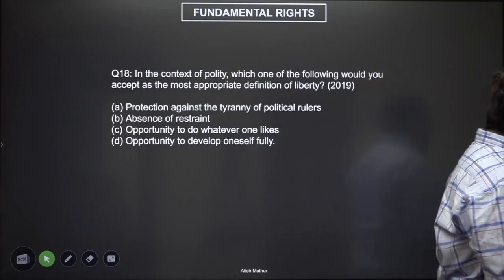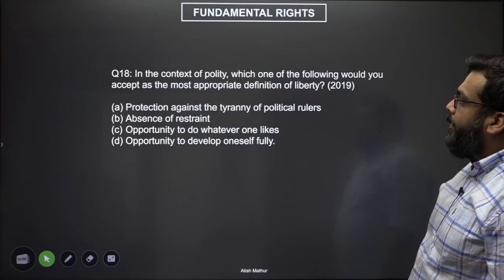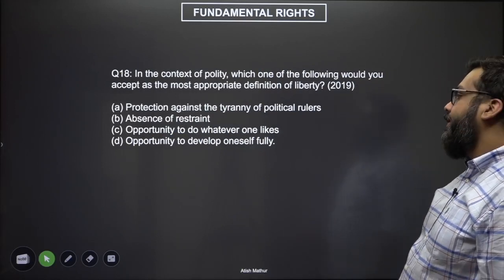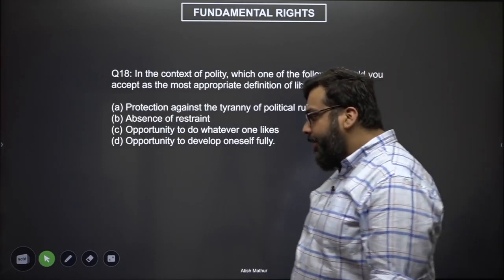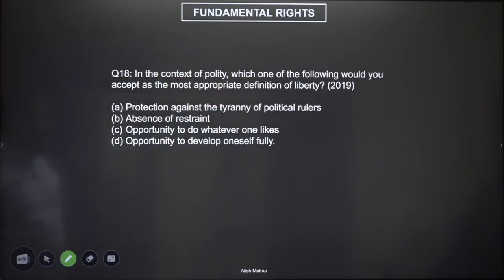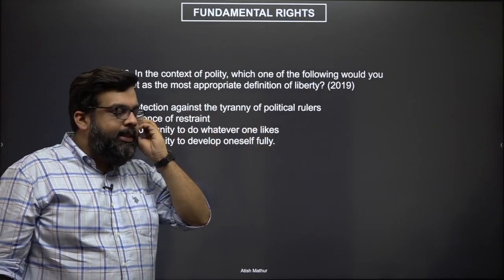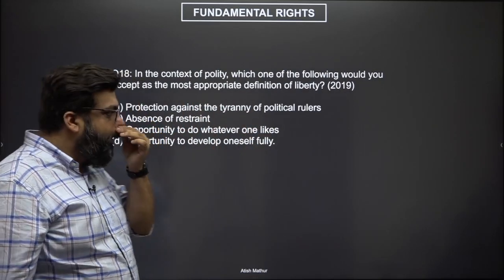question. The next question. In the context of polity, which one of the following would you accept as the most appropriate definition of liberty? Right? We have to apply the devil's advocate theory, otherwise we won't be able to come to a conclusion. Otherwise, this is clearly given in your NCERT textbooks as well. Okay. Now,